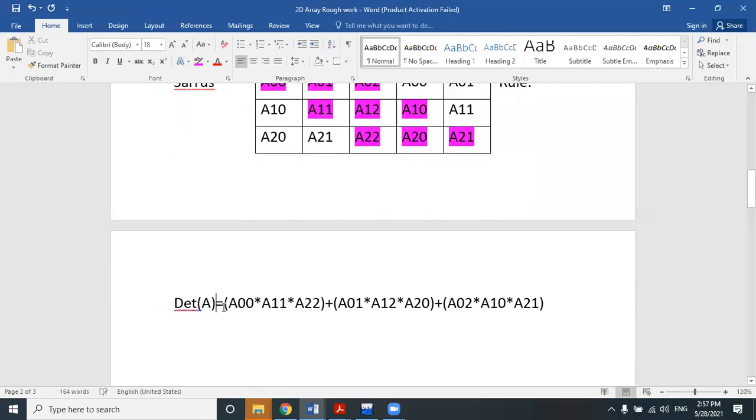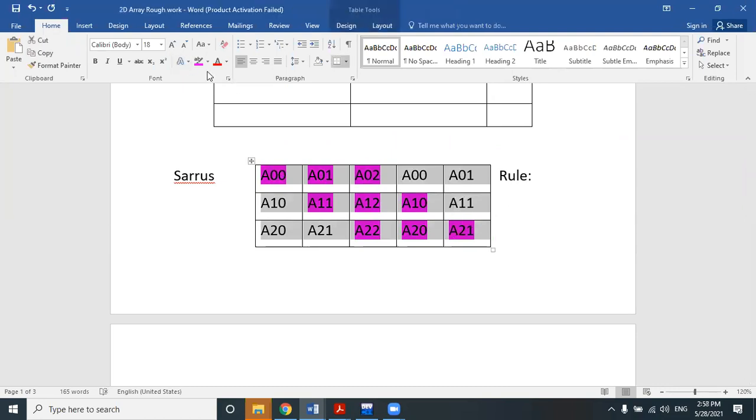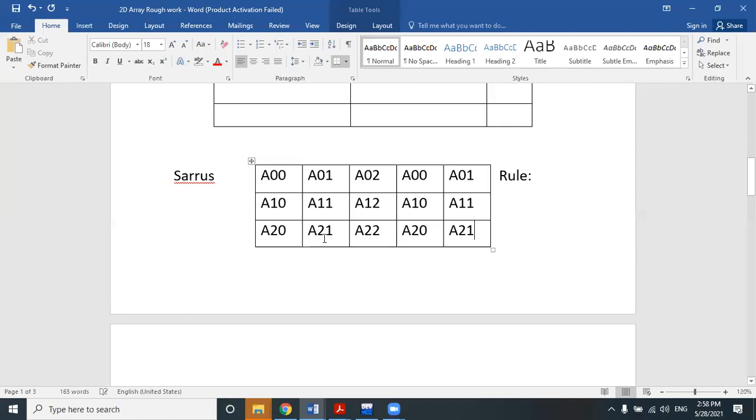What is the next process? Okay, I have stored this value, suppose I have stored this value into a variable X. Now I will do the same operation in reverse order from bottom to top and left to right. Bottom to top means from below to upward, and left to right means left to right.